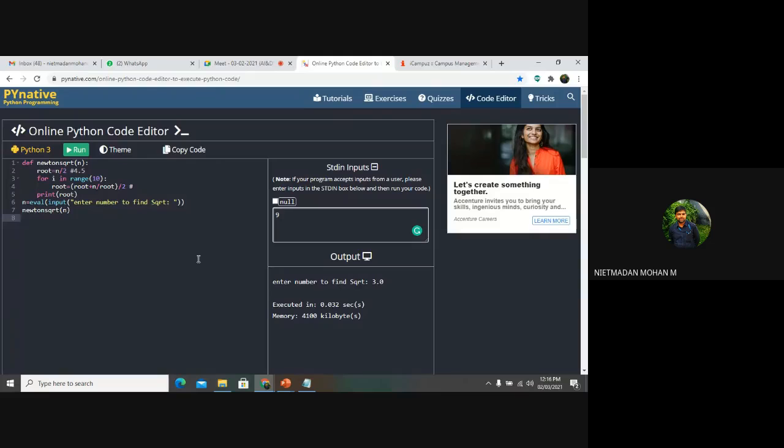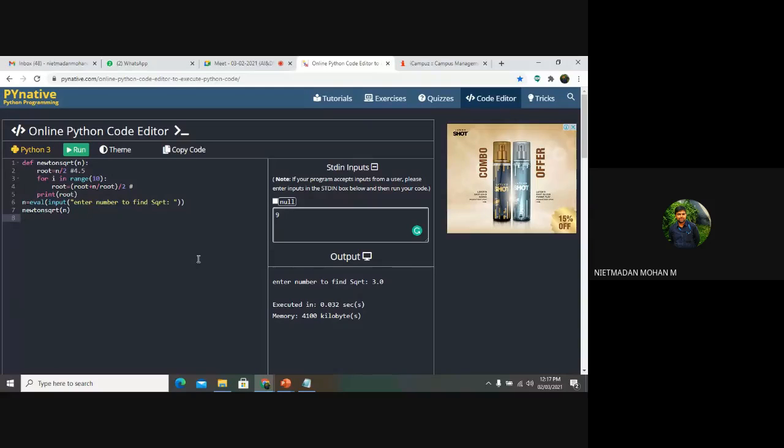4.5 plus what is the n value? 9 whole divided by root 4.5, and divided by 2. 13.5 divided by 4.5, what is the value? 3. So n divided by 9 divided by 4.5, 3, sir, it will be coming, right? 9 divided by 4.5 you are doing first, right? Yes, sir.